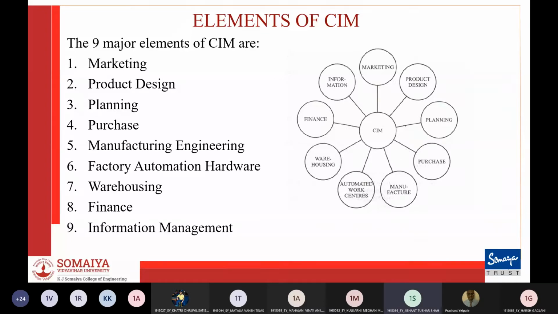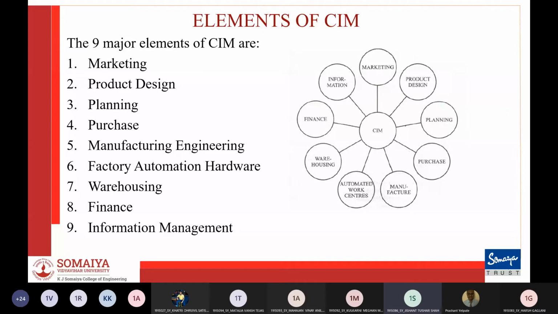Seventh, which is warehousing. Warehousing is the function involving storage and retrieval of raw material components and finished goods, as well as shipment of items. In today's complex outsourcing scenario, the need for just-in-time supply of components and subsystems, logistics, and supply chain management assume great importance. Finance. Finance deals with the resources pertaining to money, planning of investment, working capital and cash flow control, realization of receipts, accounting, and allocation of funds are the major tasks of the finance department.